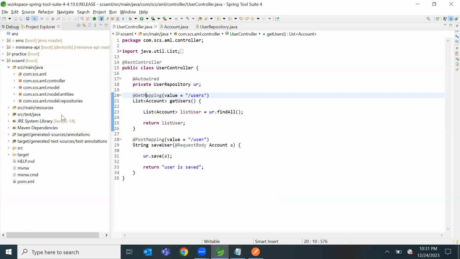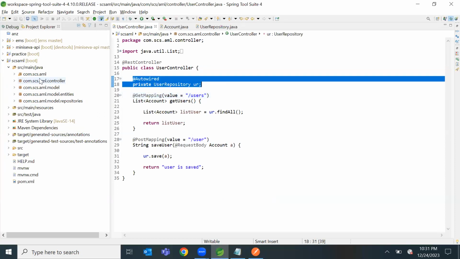So that's why we will not directly call the user repository here. So what I'm going to do here, I will simply go